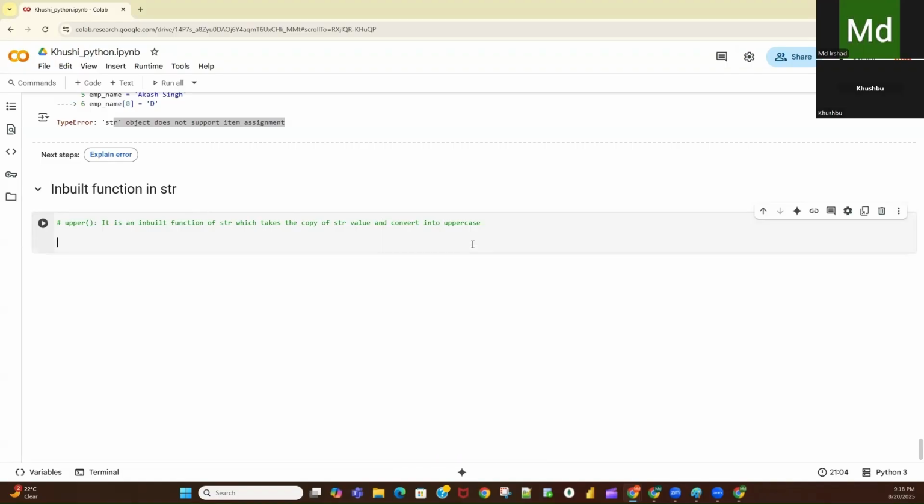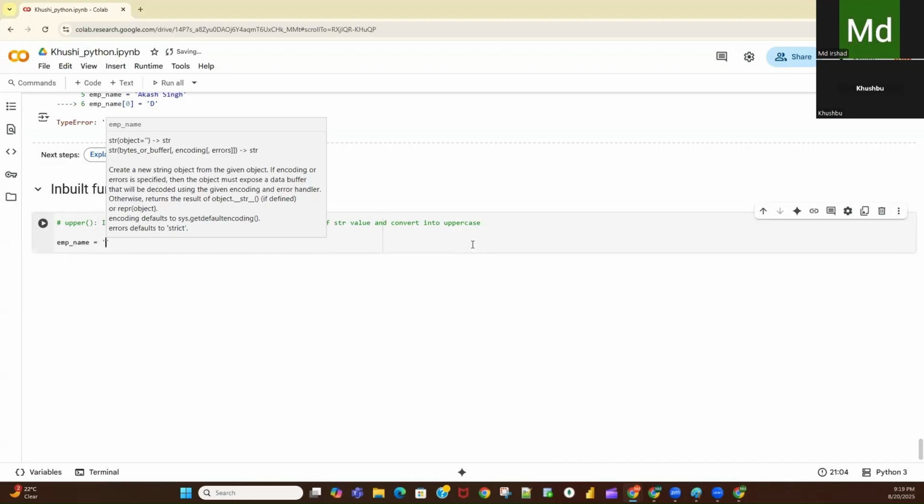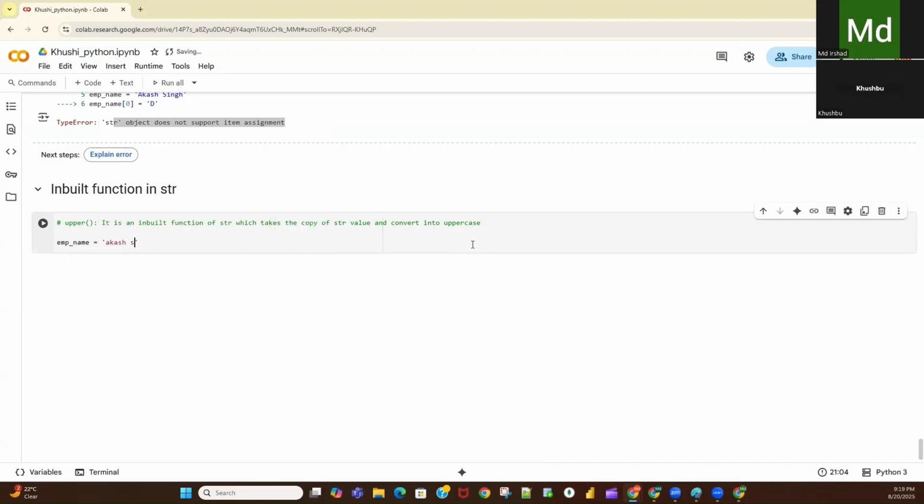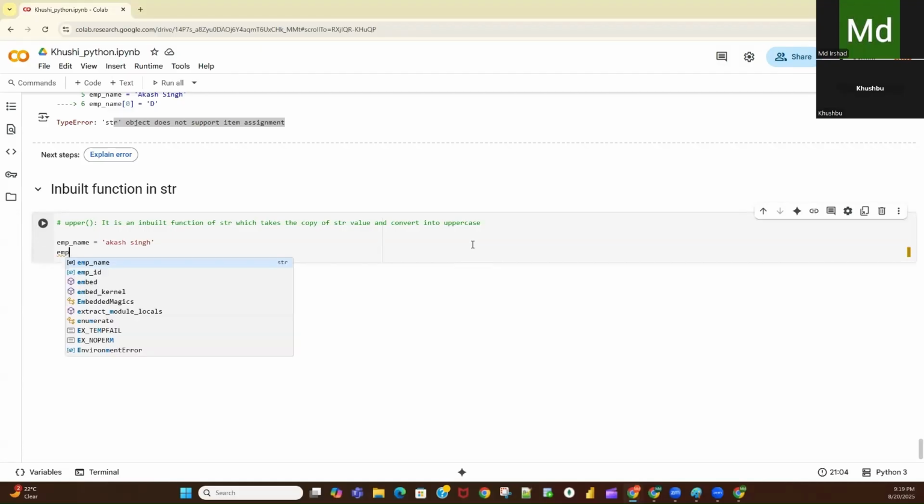So what I will do, I will write here, let's say employee name equal to Akash Singh. Now I will try to apply this employee name dot upper function.